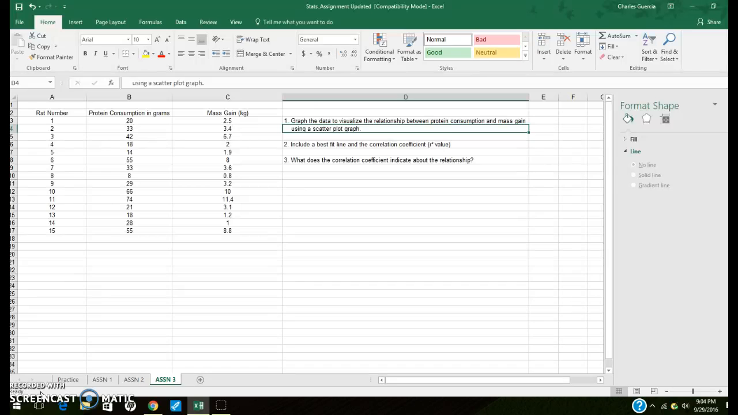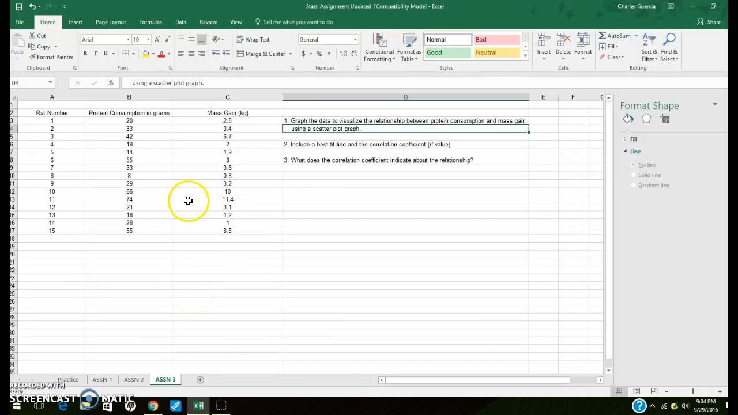In this tutorial I'm going to be going over how to create a scatter plot graph for a correlation study. We're going to learn how to include a best fit line and put our R-squared value within the graph. Okay? I'm not going to go through the whole thing about making a data table that was in the other